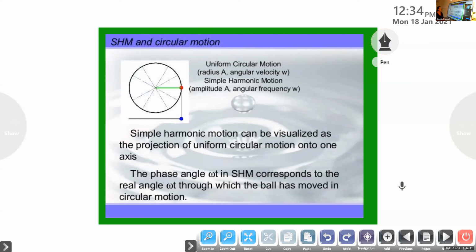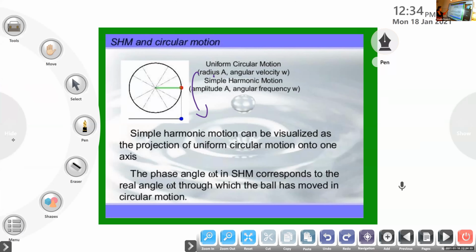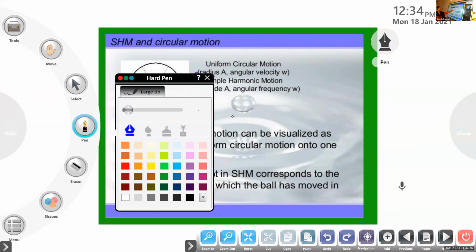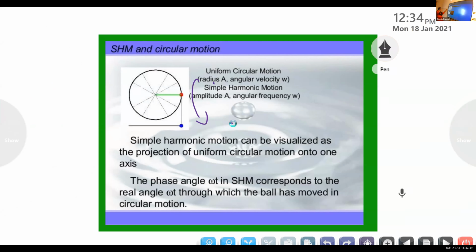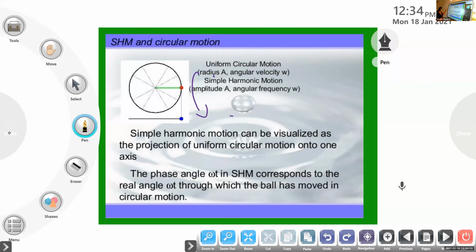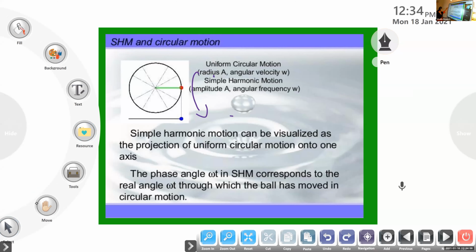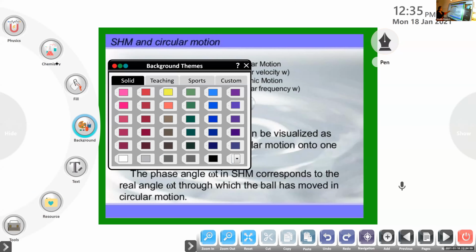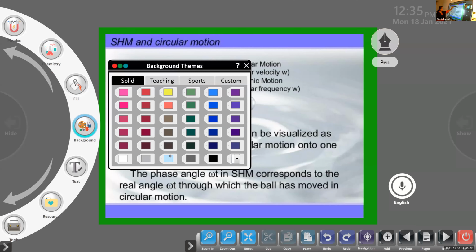So just understand, uniform circular motion also has all the quantities. Radius A. Here, instead of amplitude, what are we having? Radius A. A stands for amplitude in the case of spring, and here it is the radius which gives you the amplitude. So in uniform circular motion we represent amplitude A, which is equal to the radius A. In spring it was the upward motion and downward displacement. That is the only difference here. And then for velocity, what we are having is angular velocity.